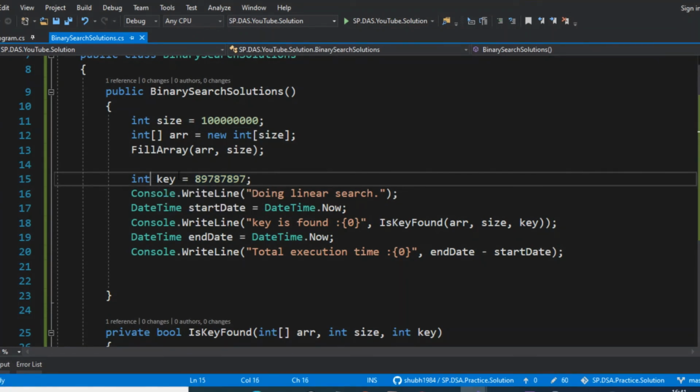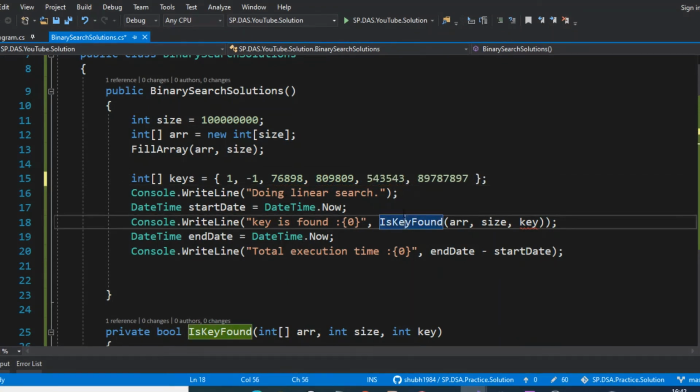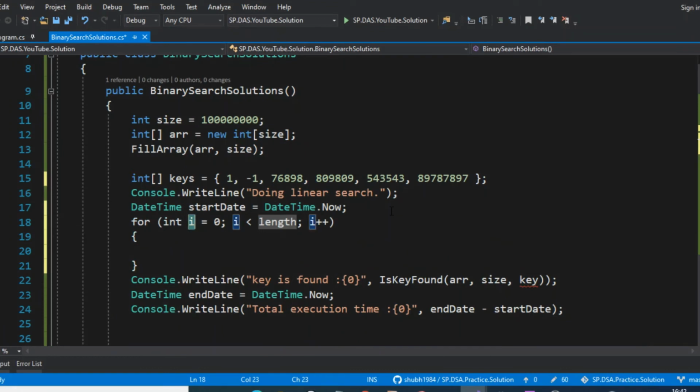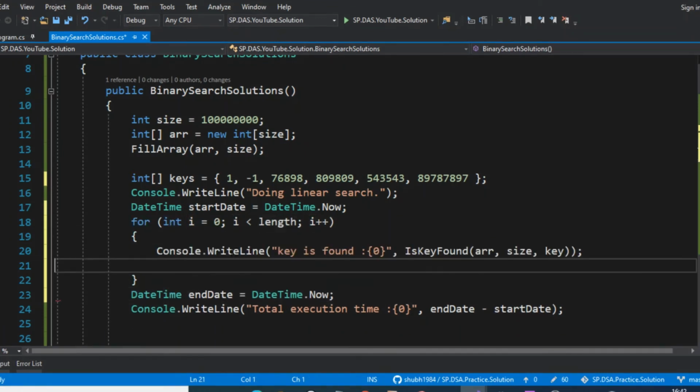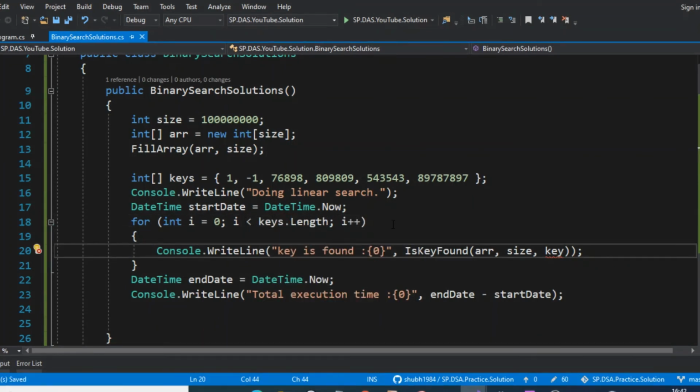Suppose you have multiple keys to find out, an array of keys, starting from minus 1, this number, this number and this. Iterating up to keys dot length, we try to find out whether each key is present or not.